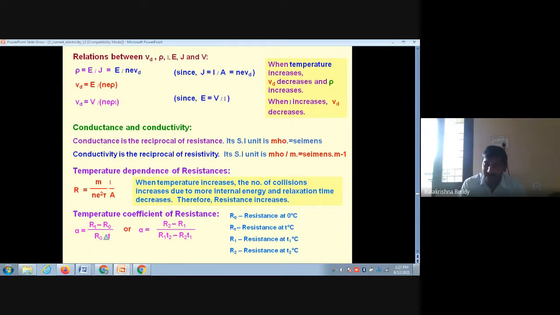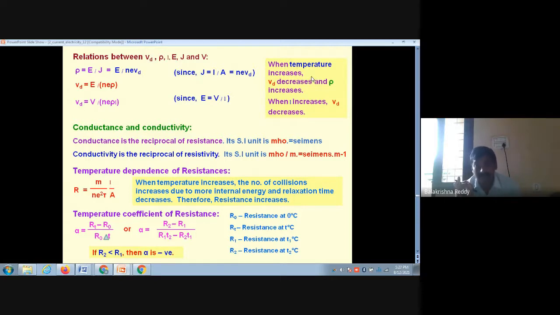Now, you are expecting the resistivity relation, how it has come. The resistivity relation basically comes from J equal to E, sorry, rho equal to E by J. Before going to that, from this equation there is one point we missed: if the resistance R2 is less than R1, then alpha is negative. Alpha can be negative, positive, or equal to 0. Alpha is the temperature coefficient.